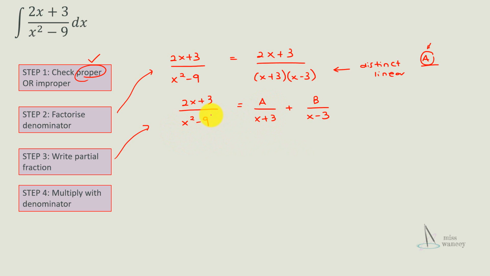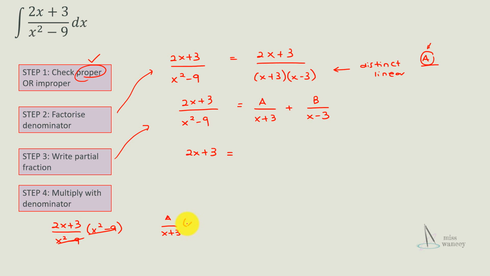Everything needs to be multiplied by (x squared minus 9). So (2x plus 3) over (x squared minus 9) multiplied by (x squared minus 9) cancels out. We have 2x plus 3 equal to,